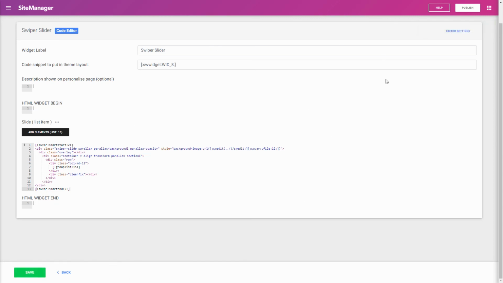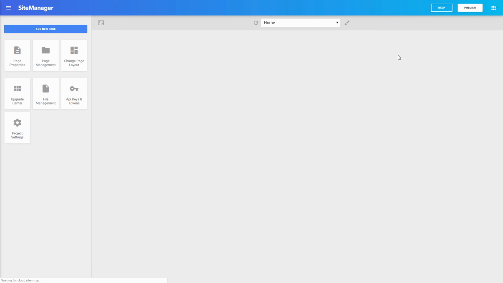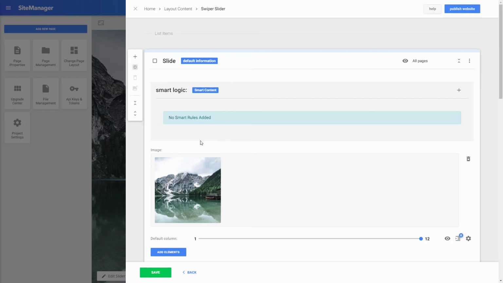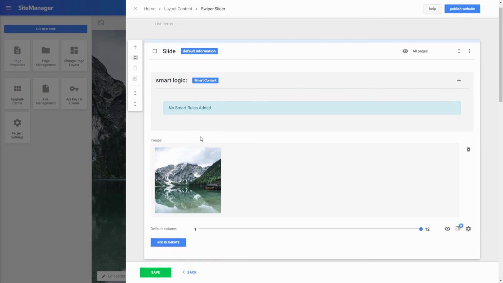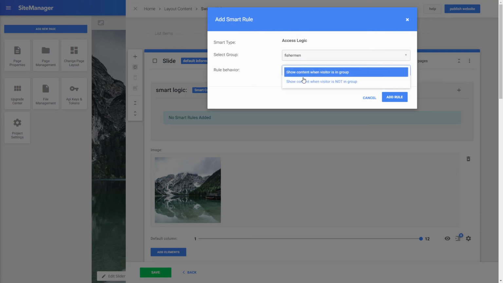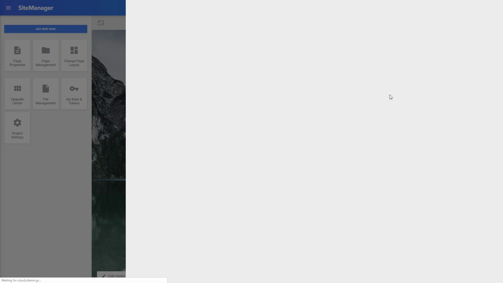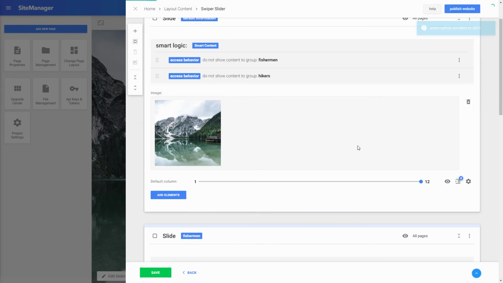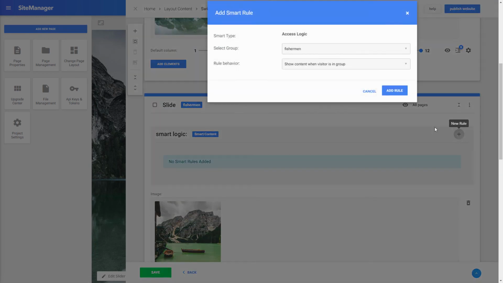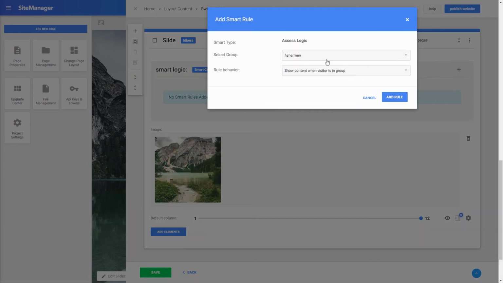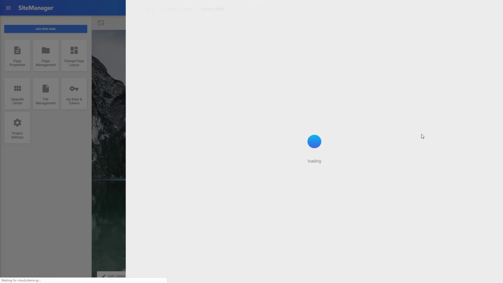So we click Save. And now when we return to our content application and return to the slider, you will notice that this input variable has been added that wasn't there before. And now we're going to add logic to these 3 slides. So we're going to do the same thing that we did previously for the call to action banners. This one is the standard one, which we're going to show when visitors are not fishermen and not hikers. The second one is actually uniquely for the fishermen. So we're going to add this rule here. And this one is for the hikers. So we click this rule